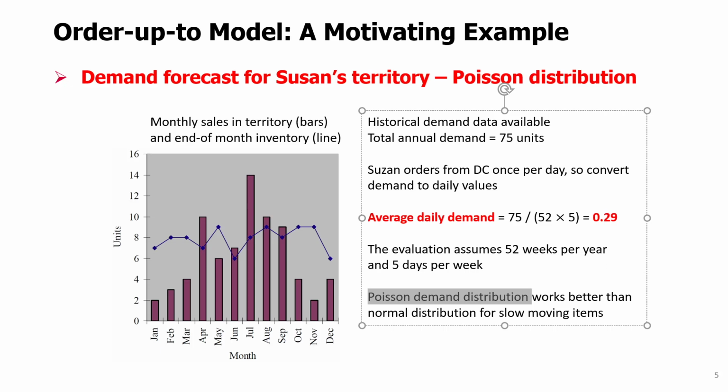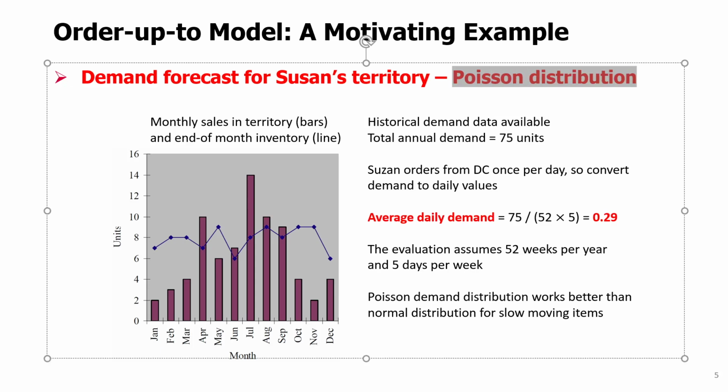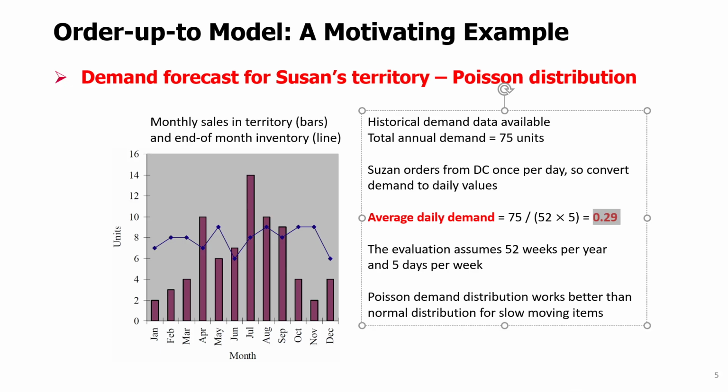because the assumption here is that we will be using a Poisson demand distribution for this product. Now, why are we going to use a Poisson demand distribution instead of normal? Well, the reason is that the normal distribution doesn't work very well for items that are moving very slowly, like this pacemaker in one territory. On average, just a fraction of a pacemaker is sold per day. So this is a demand that has a very small average, and for that, the normal distribution is not very useful